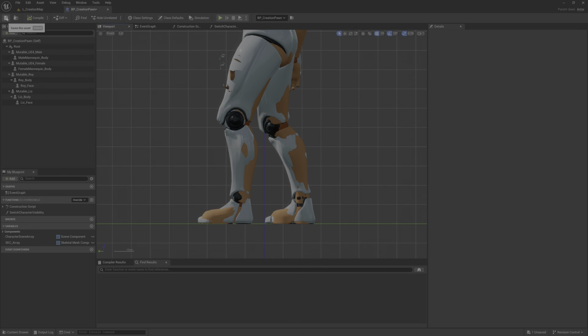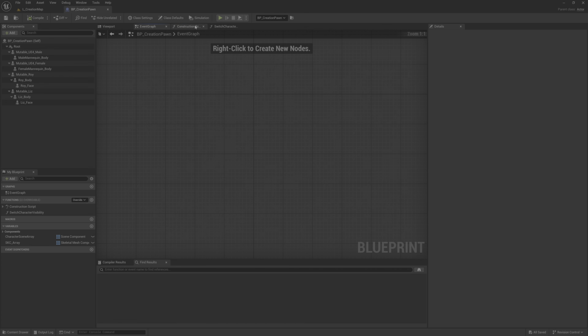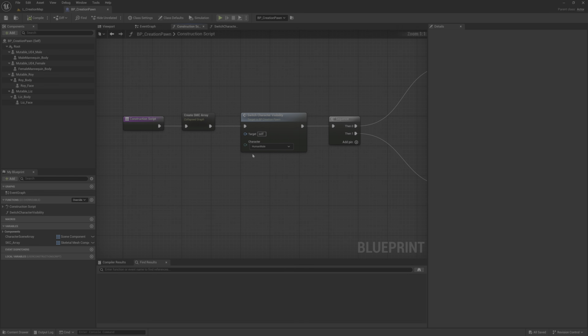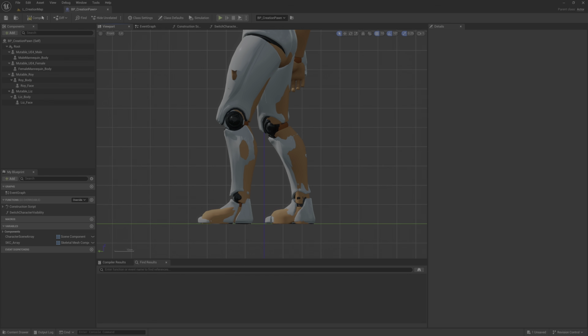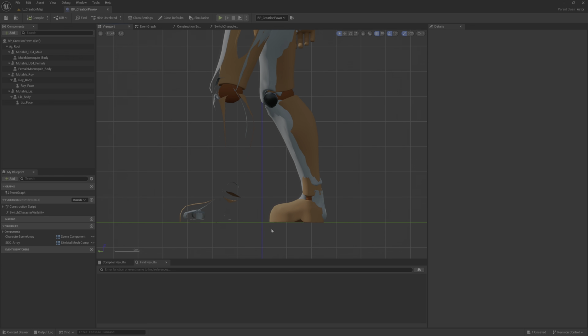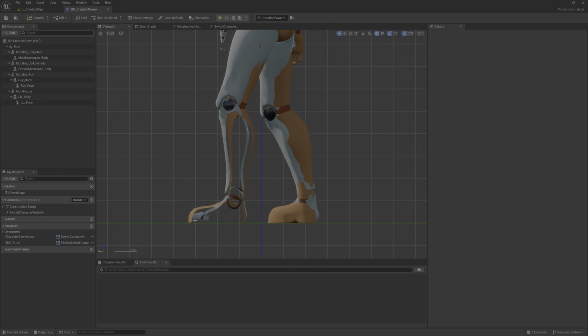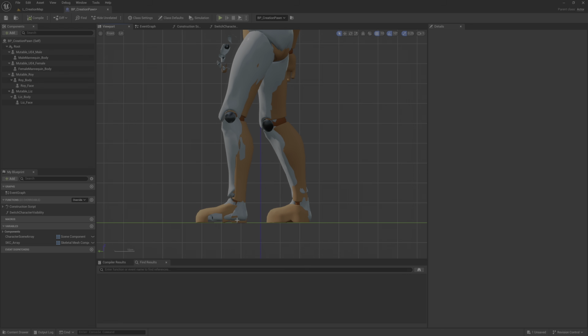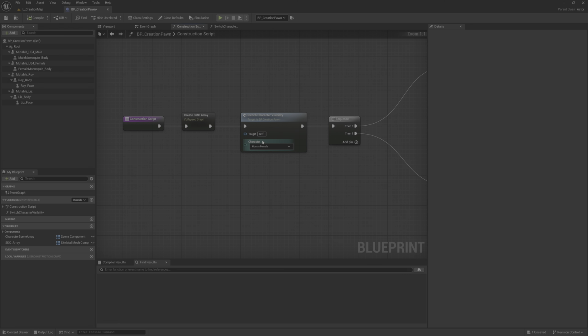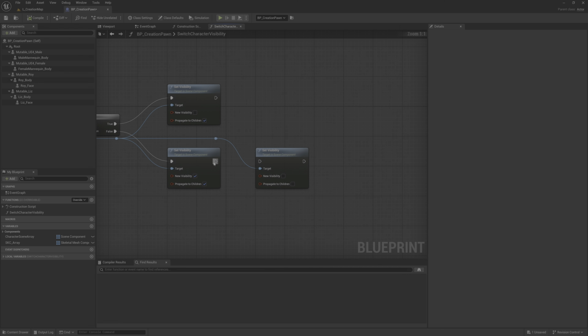We can see the UE5 mannequin is also touching the floor. But if we select the human female, let's see, here it is slightly above the ground. And we can check that.